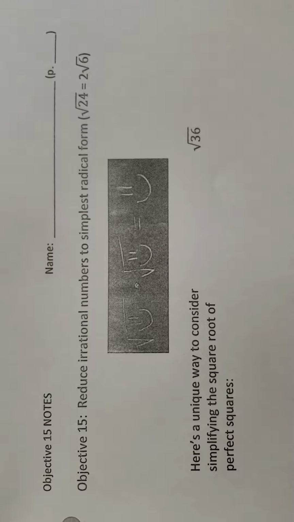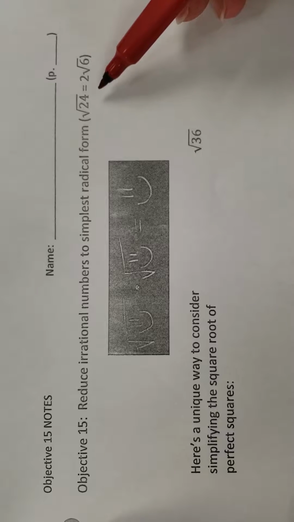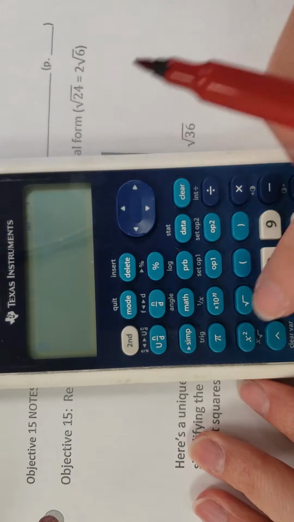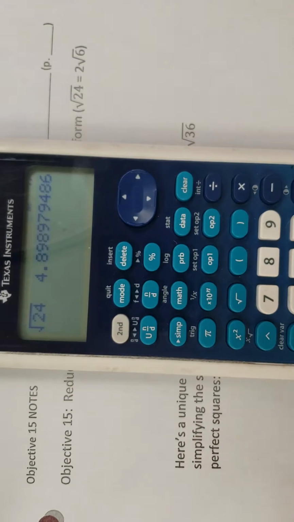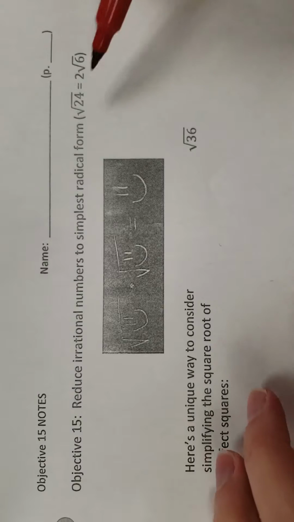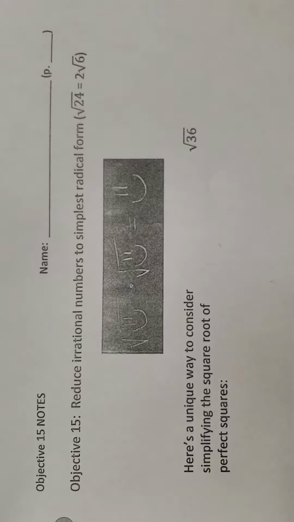So we are doing an advanced skill of reducing irrational numbers in the form of radicals to their simplest form. For example, if I were to calculate the square root of 24 using a calculator, I would get a decimal. And to write that, I would have to round it at some point. Say if I wanted to round to the nearest tenth, it would be 4.9. And by rounding, it's less accurate than if I keep it in the radical form. But what happens is these get large, and there's a way to simplify them so that we can use them a little bit more easily